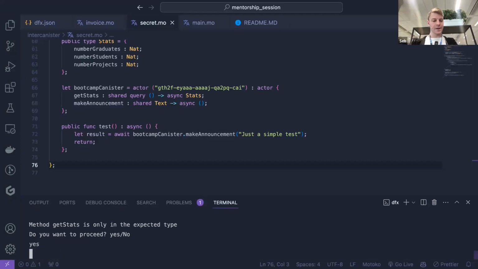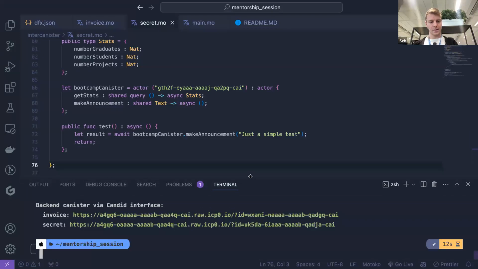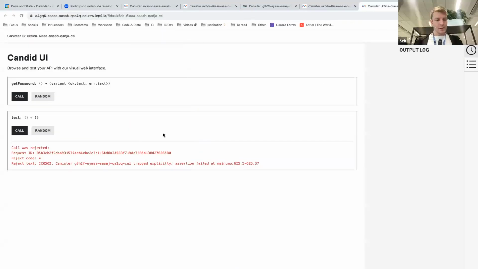Okay. I think I didn't upgrade my canister for some reason. So here, test. And you can see, actually, I'm sorry for the persons that are online because I think you can't see my screen. Yep, that should be good now. You can see canister. So this is the ID of the bootcamp canister, trapped, assertion failed, and we can even see the line that failed. So line 6 to 5,